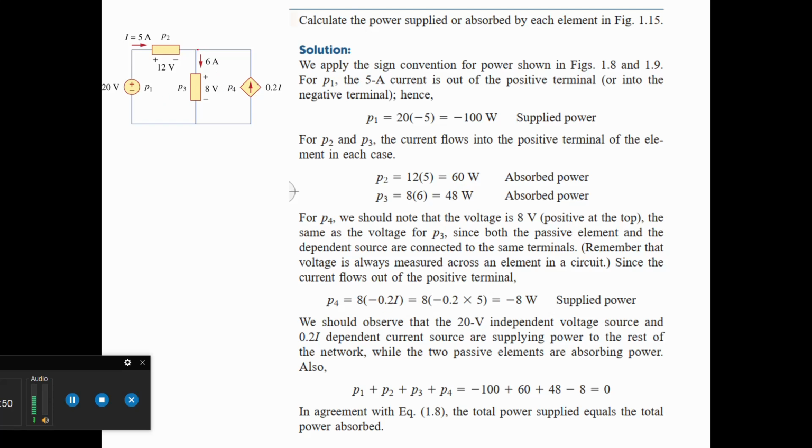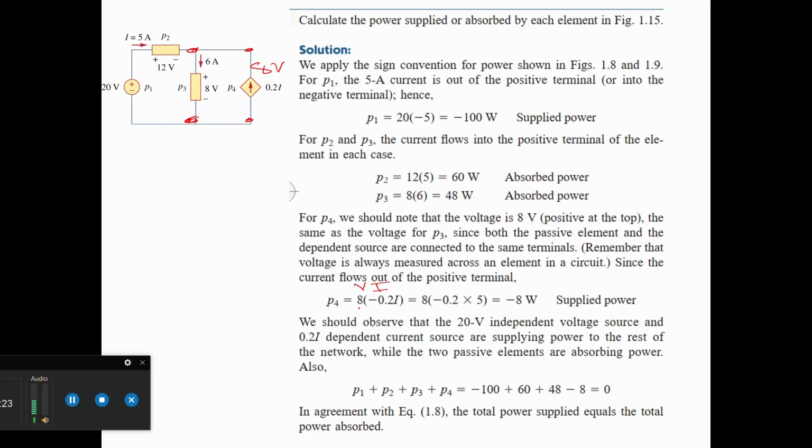The voltage will remain the same. Whatever voltage is here, this is 8 volts here, and this 8 volts will also be the same as it is parallel to this current source. So we can have the 8 volts here as well. So when we multiply this, P is equal to VI. So 8 into 0.2 I,